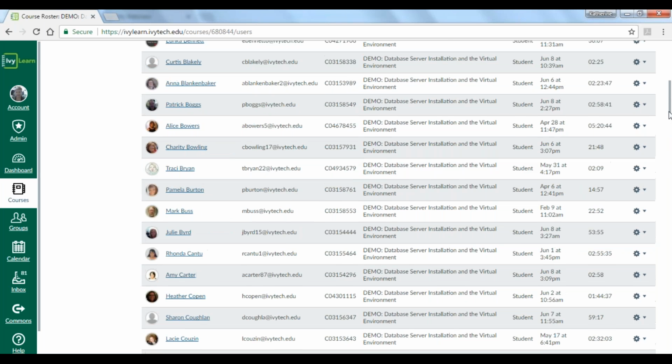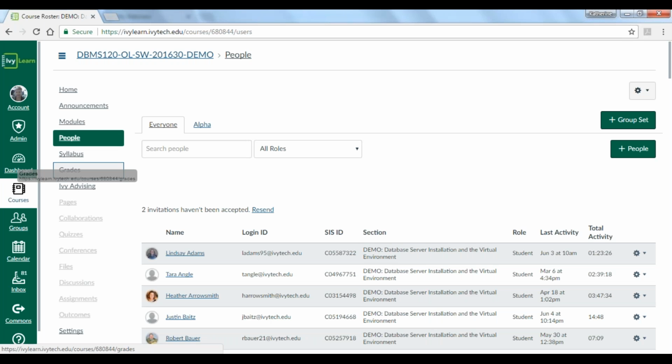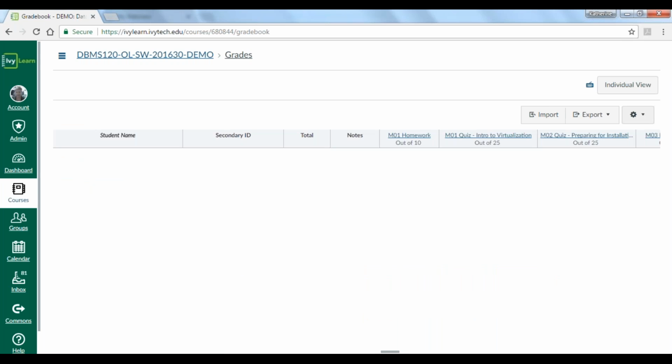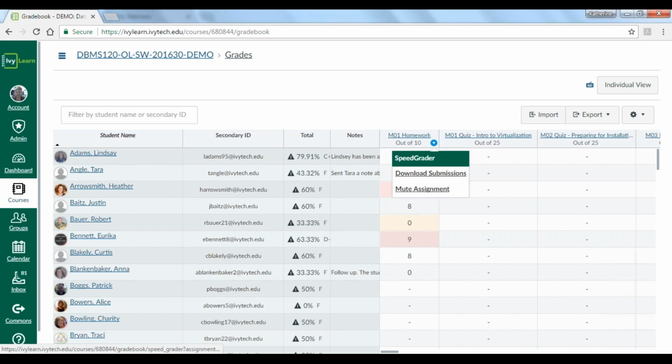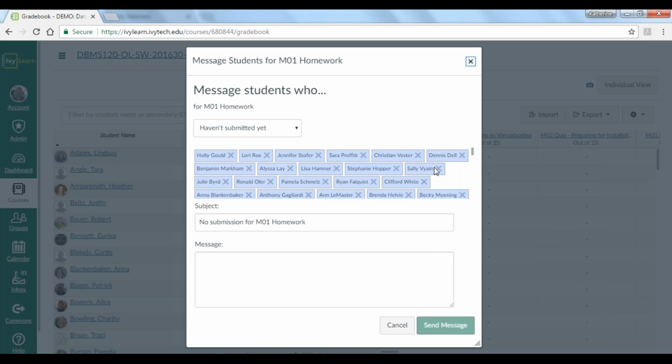So again, that's when we go back into the Grade Center. When we go into that Grade Center, we can select again from that column. So we look by due date, that first assignment due date. And again, I look here on my little pull-down menu, message students who haven't submitted yet. And here I also have my list of students who have not attended. So you can finesse that process, but those are two ways that you can use a combination of those tools to see if students have been in attendance or not.